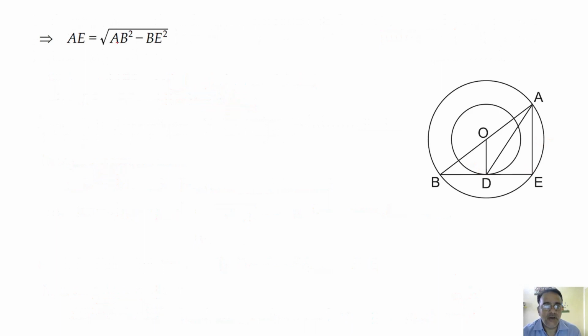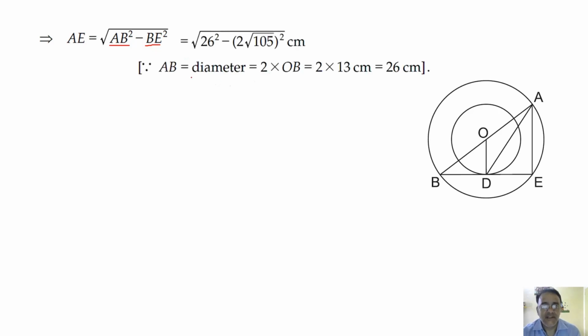Now we'll substitute the value of AB, that is 26, and BE is 2 root 105. Okay, right. So this we have already discussed. How did AB become 26? Because it is a diameter and radius is given 13 centimeter, so it is equal to 26 centimeter. Okay, so this is 676